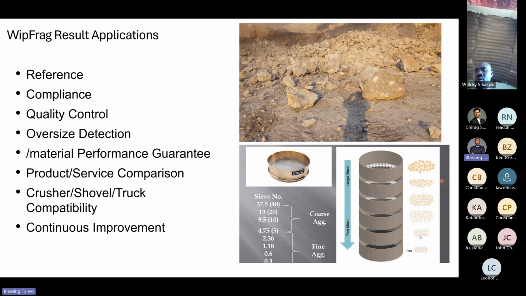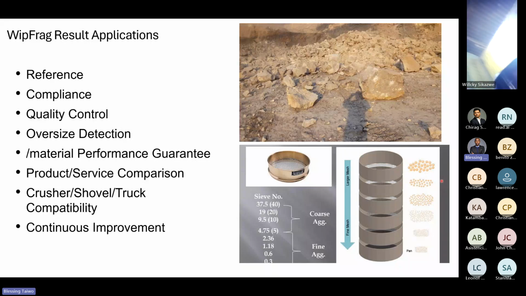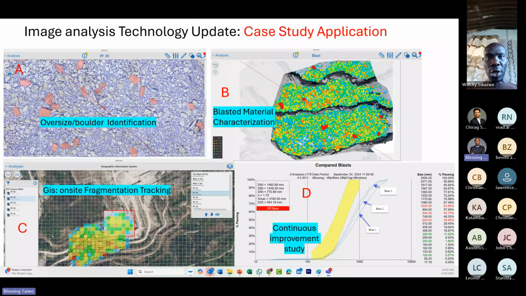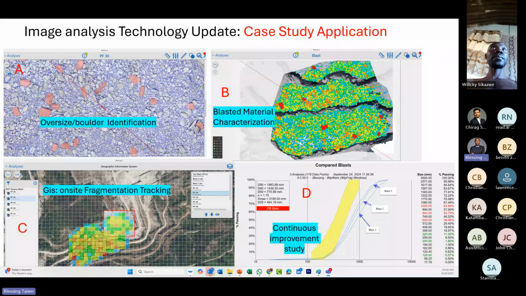In this case, the sieves are virtual, and up to 25 sieve sets. So you can easily adjust any of the sieves. One of the advantages of this virtual sieving is that it allows you to incorporate the size of your primary crusher, and incorporate the size of other parameters of importance. Maybe you want to see the amount of material in that blast that will be easily loaded by your excavator. Here is a case study of using image analysis to assess your blasting.